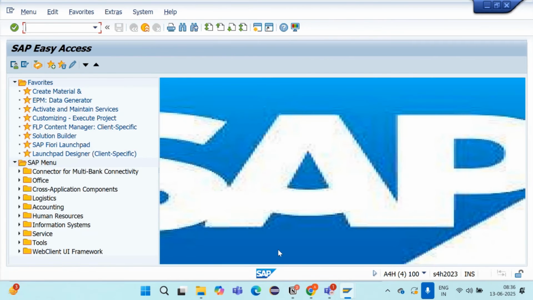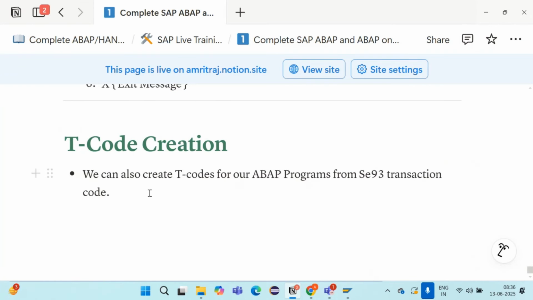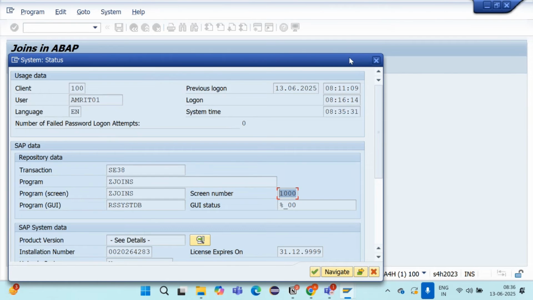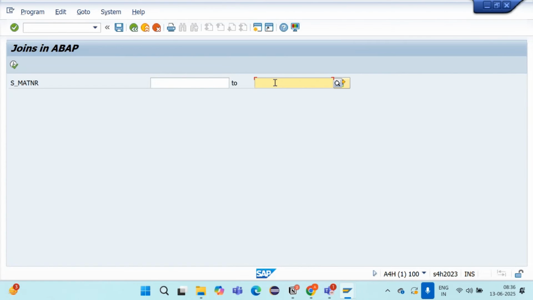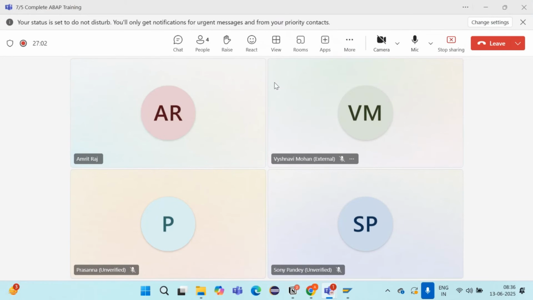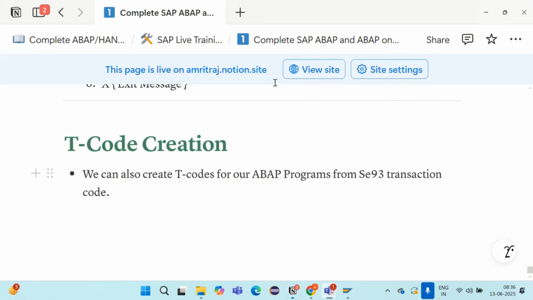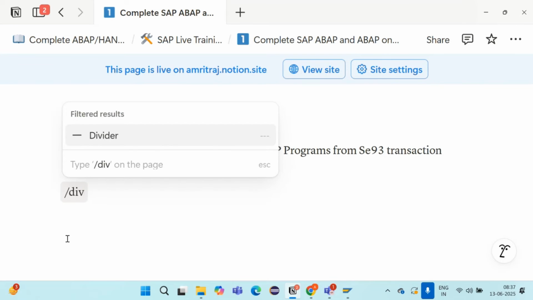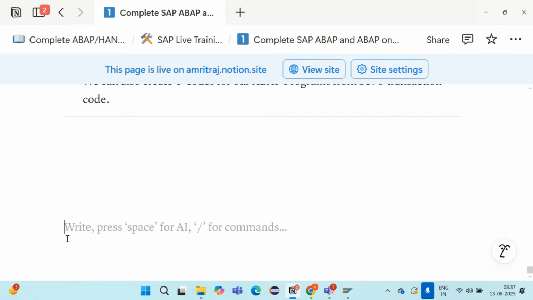Is it okay? Is it clear? T code creation. How to create T code. Is it okay, everyone? Is it clear? Vaishnavi, Sony, and Prasanna, is it clear? Yes, Amrit. Yes, Sony, okay.